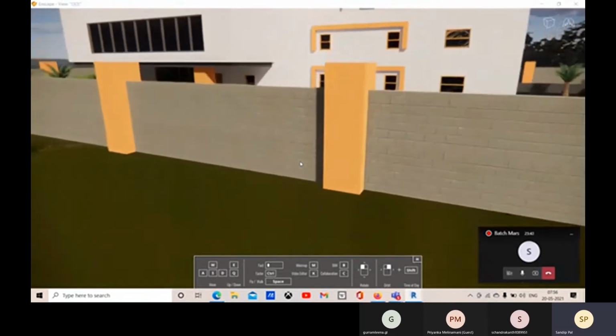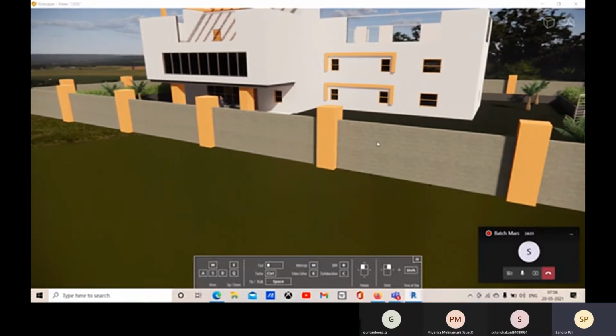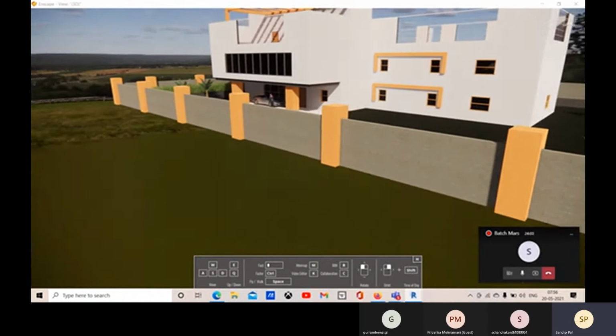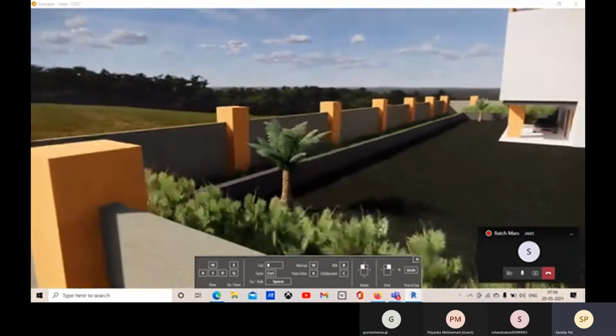And if I'm pressing S and down arrow, I'm moving backward faster. Okay, so this way I can navigate, right? And you can change the fly mode and walk mode. Okay, now I'm orbiting around. With the right click, I'm orbiting around this object.